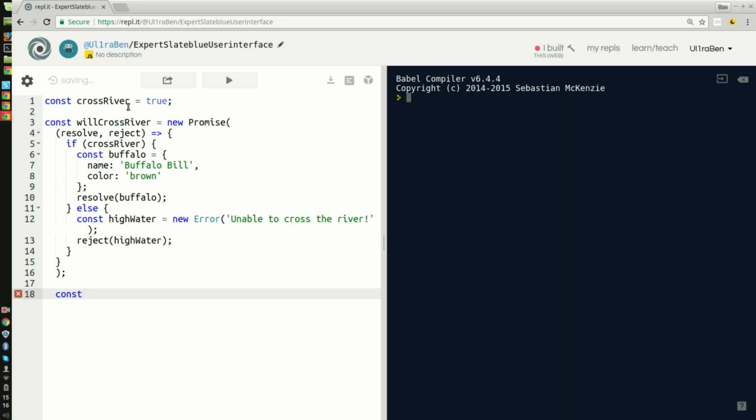After that, we want to have a new constant called reach pack. The buffalo has crossed the river, then he is able to reach his pack. If he isn't, then he won't reach his pack, and this function will not be called. So we're going to do a function of our trusty Buffalo Bill,